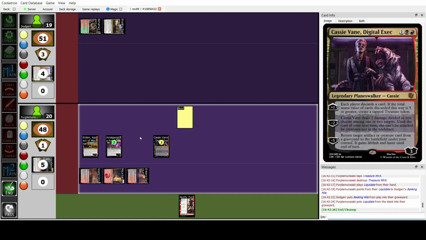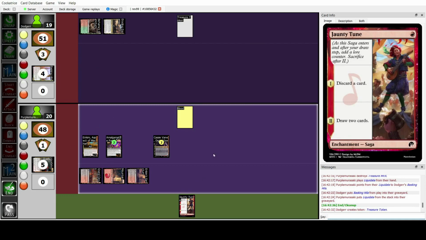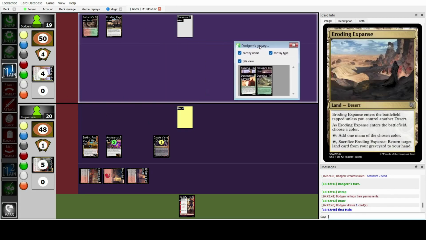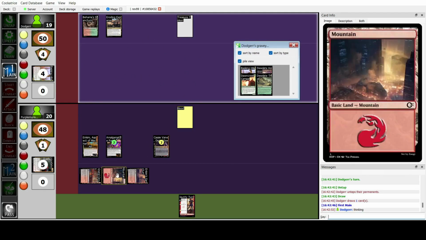I have a pretty dominating board state. Planeswalker, 2/4/3s. Jaunty Tune will hopefully get me back up on cards. My opponent only has 3 cards in hand. I'm definitely feeling pretty good here. I obviously don't know what my opponent has going on at all. They could slam a 5-drop here, and I'd be pretty sad. But,